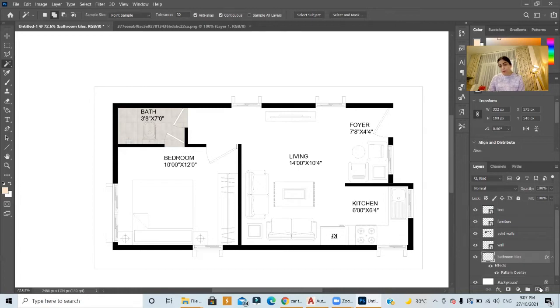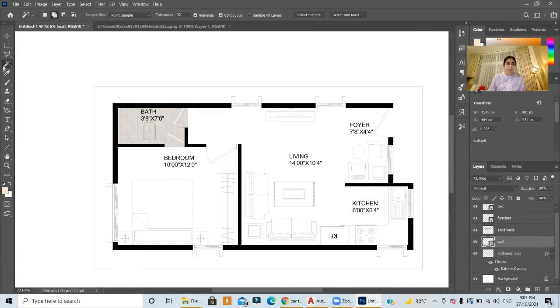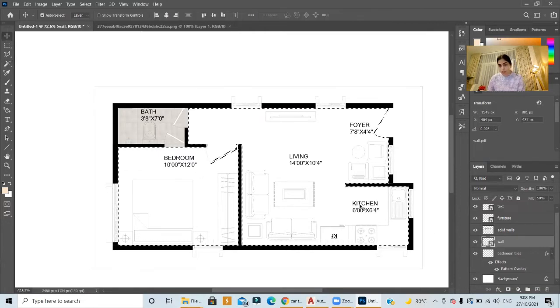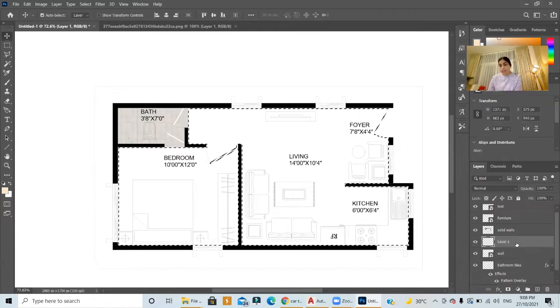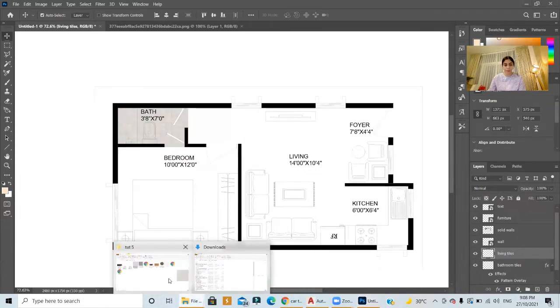For that, I'm gonna do the same. I'm gonna go to my wall layer and use this magic wand. I'm gonna select this space and this space first. After I select the spaces, I'm gonna create a new layer. I'm gonna call it living tiles. I'm gonna drag it under the walls. Then I'm gonna go to the folder and